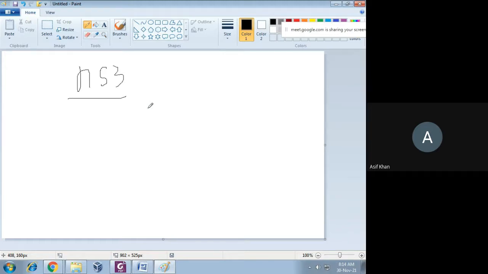So we can create the infrastructure by using software, and that software is this simulator. Okay, so this is Network Simulator version 3, and prior to this there was Network Simulator 2.